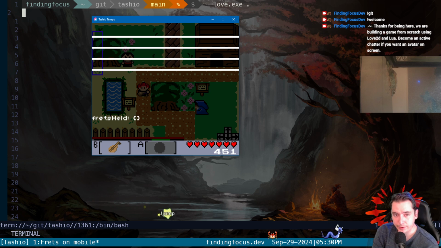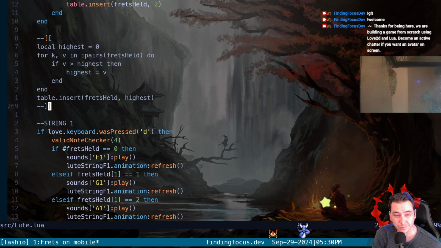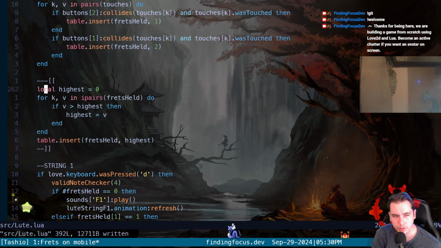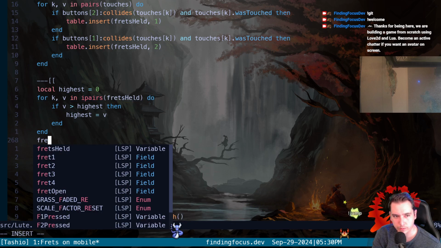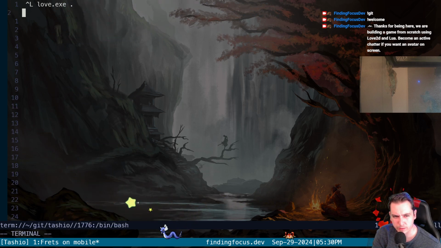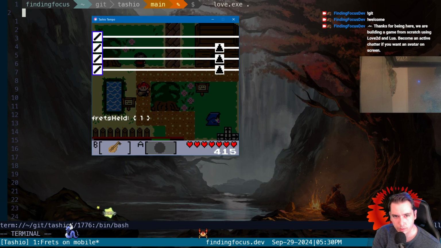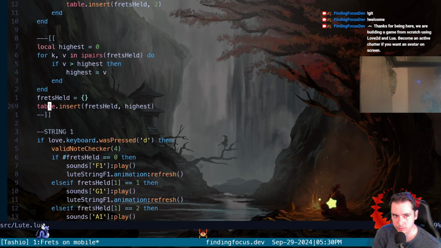So we need to remove this value. We need to only keep the highest value in here. So if we toggle this on, we set highest to 0, we cycle through our frets held, we keep track of the highest, then we need to flush our frets held table to be empty, and then we give it only the highest value. Okay. So that's looking right for the keyboard touch,